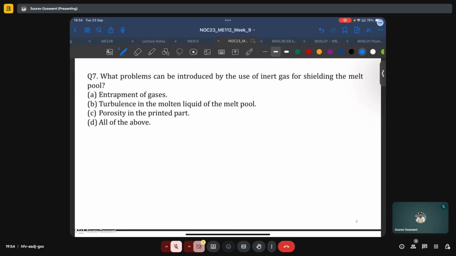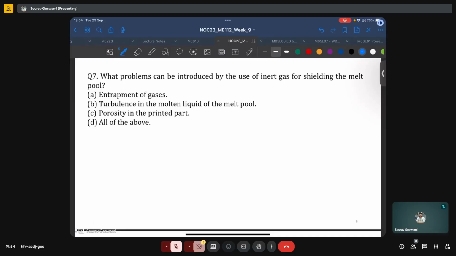Question 7 is asking us, what problems can be introduced by the use of inert gas for shielding the melt pool? Can it lead to the entrapment of gases? Can it lead to turbulence in the molten liquid of the melt pool? Can it lead to porosity of the printed part? Or is it all of the above? Since the inert gas is purged into the system at considerable volumetric flow rates, a typical number for which, as you saw, was between 10 to 30 liters per minute,